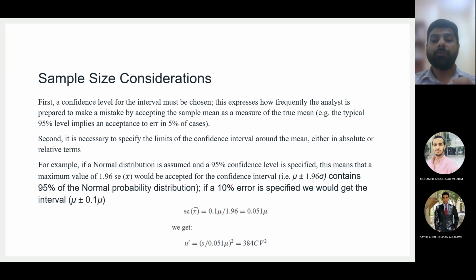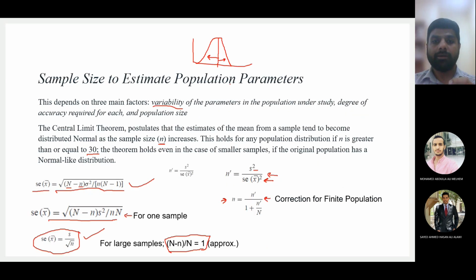Now, from the mean, the mean is in the middle, like I showed you here. I'm assuming a normal distribution, so the mean is in the middle. From the mean, how far am I willing to go for the entire population? For example, from the middle I want to go 95% on either side, so I'm trying to cover 95% of the population. This is what you need to determine, and this is what we call the confidence level.